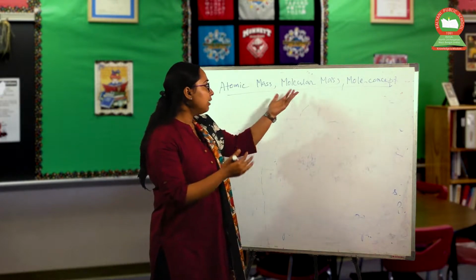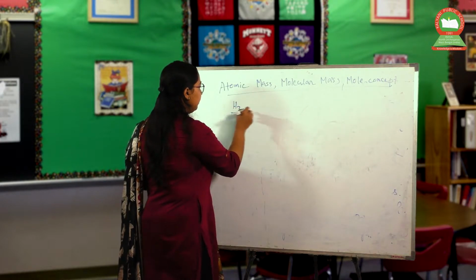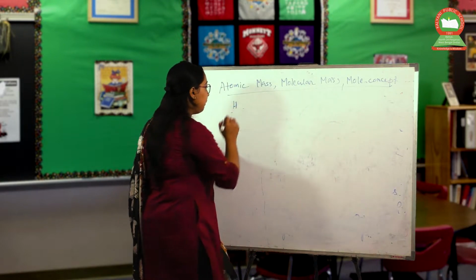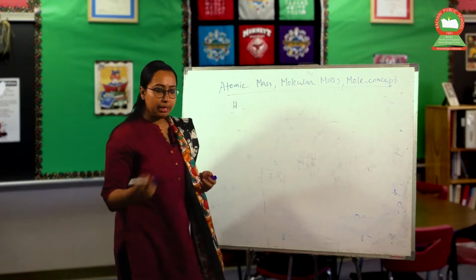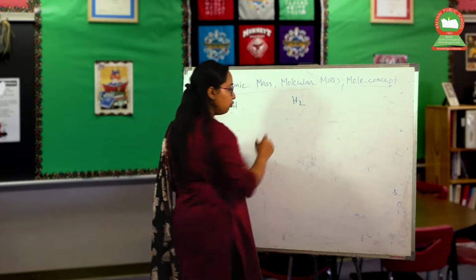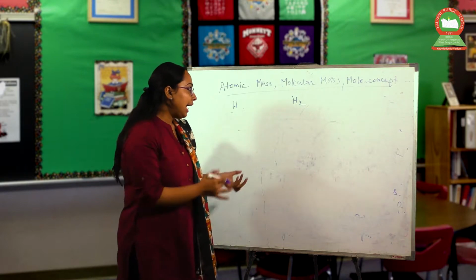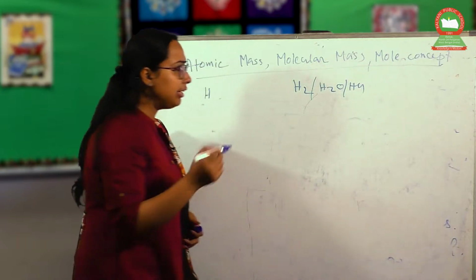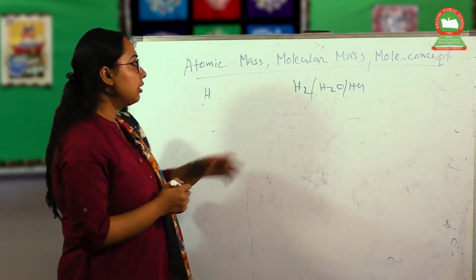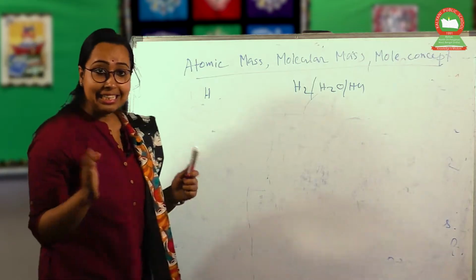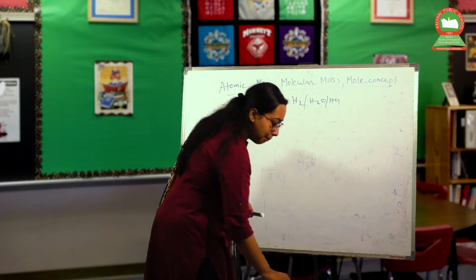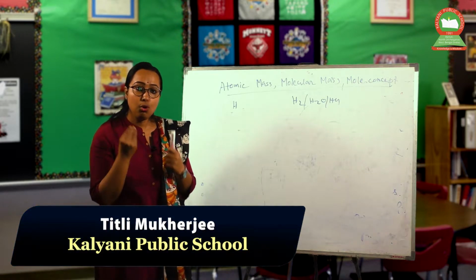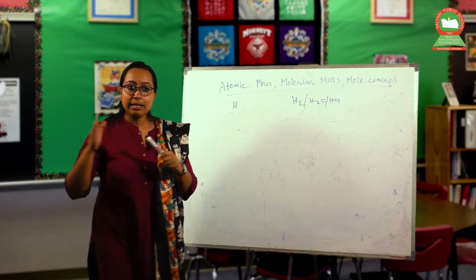On the basis of molecular mass, if we take H2, this is a molecule obviously. If we can measure the mass of H, one H, it will be the atomic mass. If we take H2 or HCl, different types of molecules, and we can measure the mass of the molecule, this is the molecular mass. But this is not so easy, because the mass of the atoms as well as molecules is too negligible, too low to calculate. So, we have to use a relative mode.